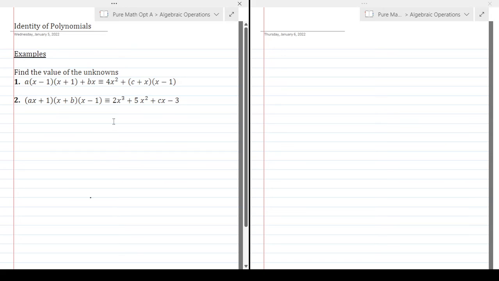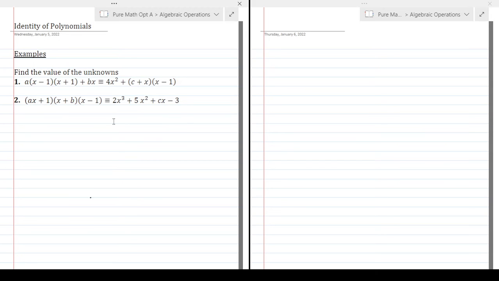Now, when you are working with an identity, you don't take something from one side and put it on the other side. You don't do that. What is on the left is identical to what is on the right. You don't ever shift something from one side to the other. You could do that with an equation, but you cannot do that with an identity. So the left-hand side is separate and distinct from the right-hand side,